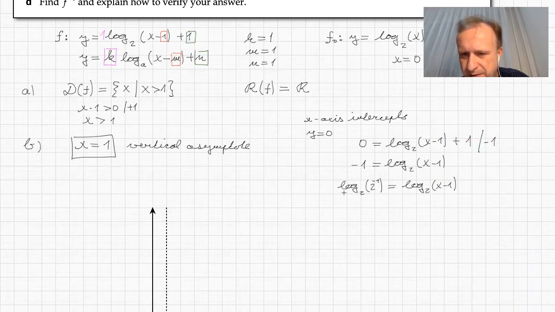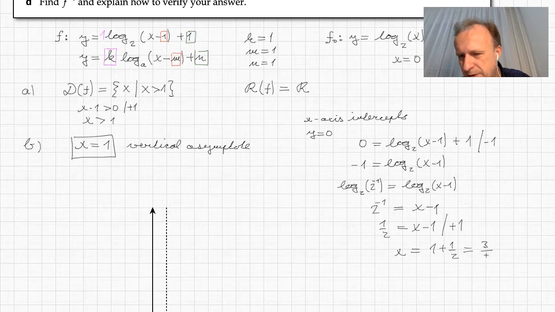Now I can compare these and get that minus 1 equals x minus 1. I can get that 2 to the power of minus 1 on this left hand side. Let me correct this. It's 2 to the power of minus 1 equals x minus 1. So 2 to the power of minus 1 is 1/2, which should be equal to x minus 1, and hence if you add 1 to both sides you get x equals 1 plus 1/2,